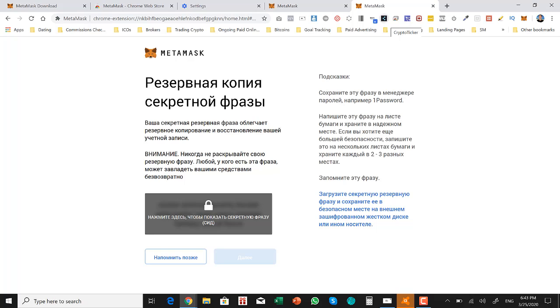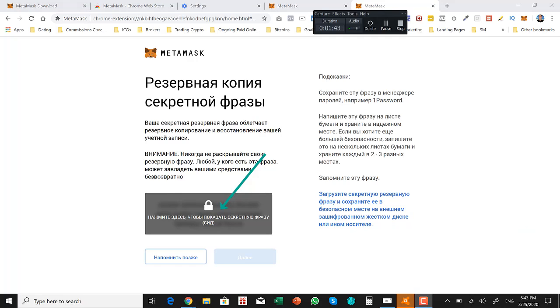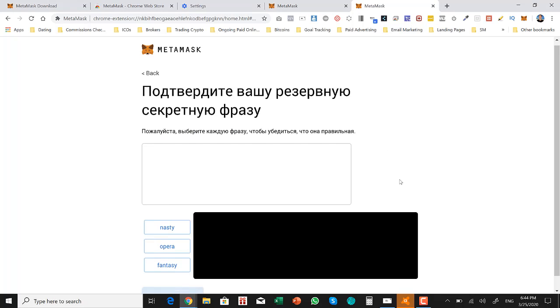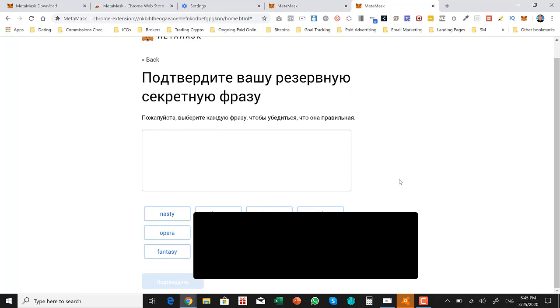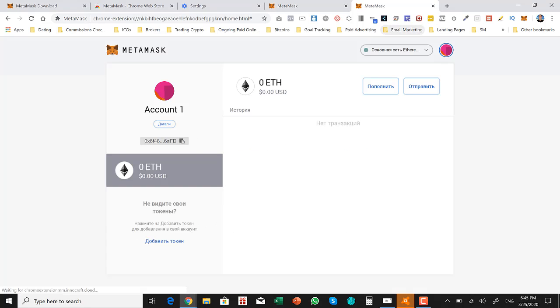It's right there in this gray box. Okay, make sure to write down your secret key on a piece of paper and store it in a safe place. So I'm going to go ahead and do it right now. Okay, when you click next, you want to enter the secret phrase, one by one, the 12 words. So go ahead and do it right now. Okay, after you confirm the 12 words, you click on the blue button to finish,